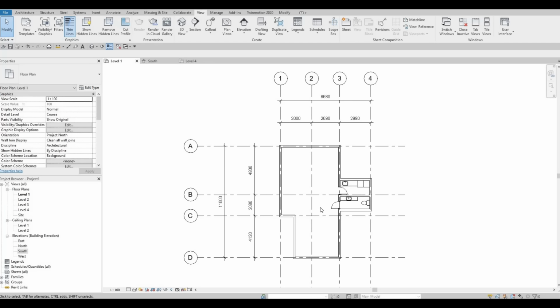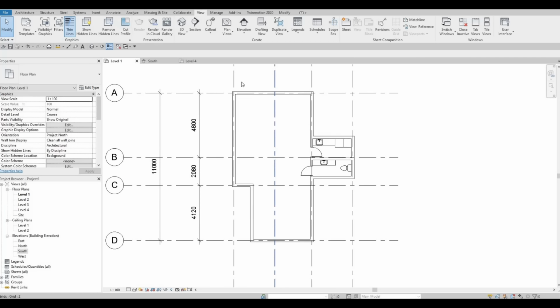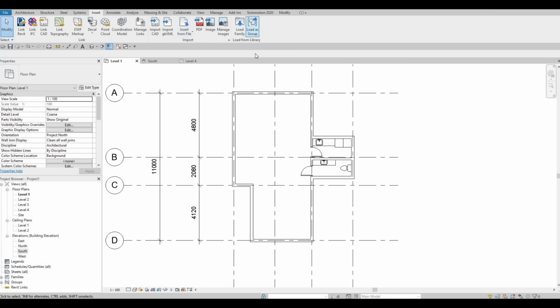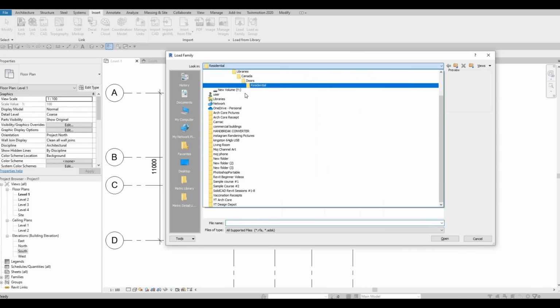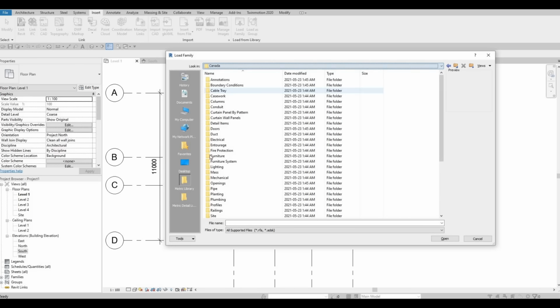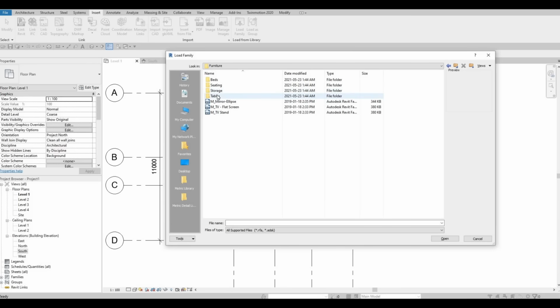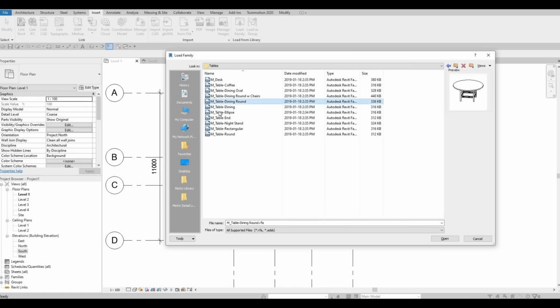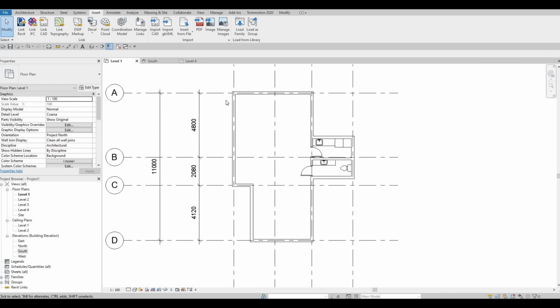Now let's go back to level 1, and let's add in more furniture. So go to Insert, Load Family, and go back to the main, and then look for Furniture. Here we have tables, so let's add in our dining table. I want our dining table to be a rectangle and a glass. So I'm going to load this M table dining. Press open, and then you can type in CM,